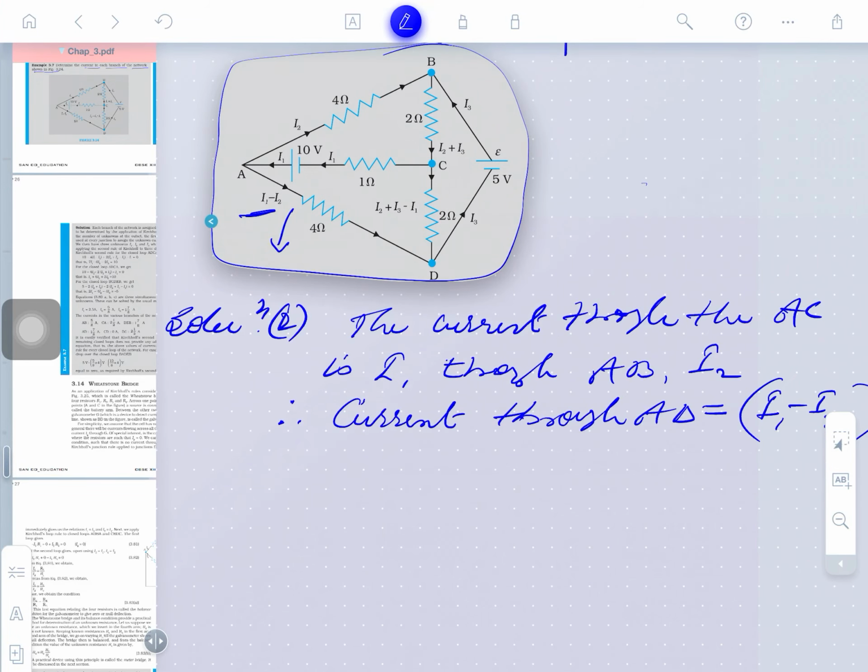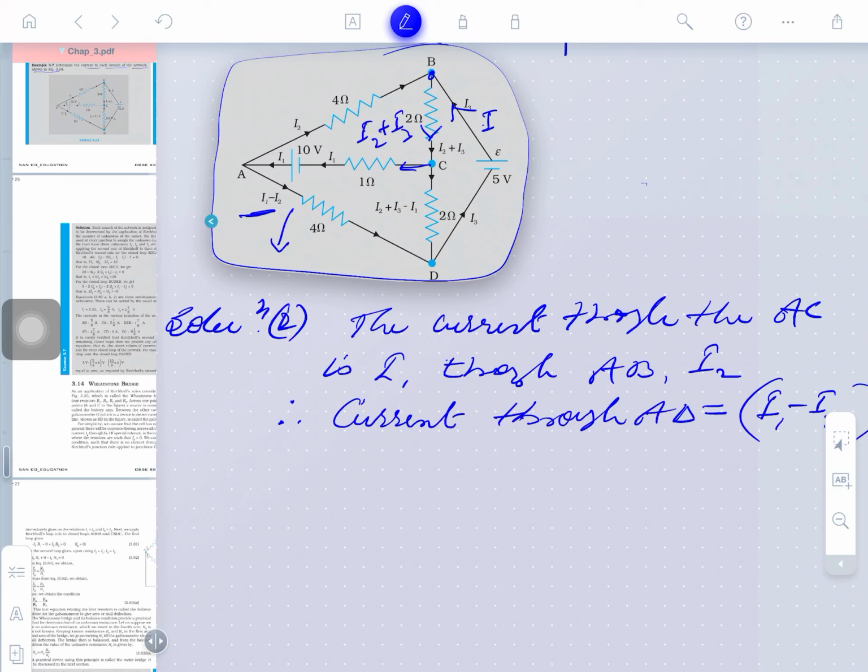Now next, here I2 current is reaching at this B. These different branches are again divided, so we can take the current from this also. The other method can also be employed here. Current I2 is reaching here, and current I3 is coming from here, this we can suppose. So through this line, what current is passing? I2 plus I3.